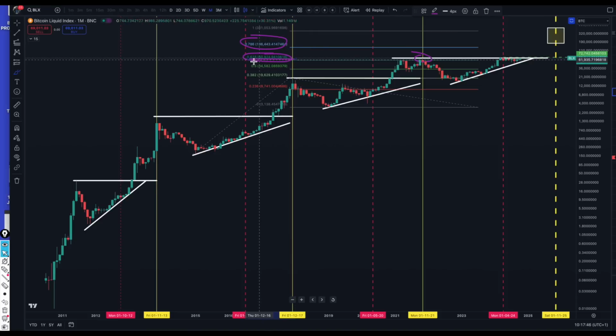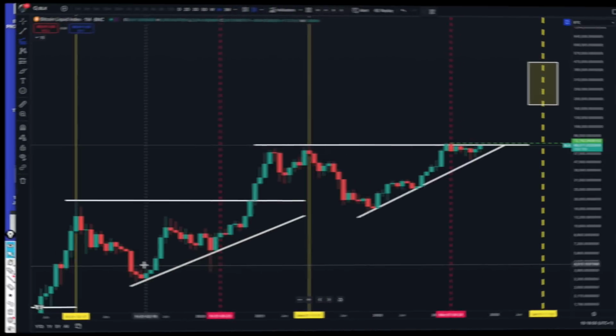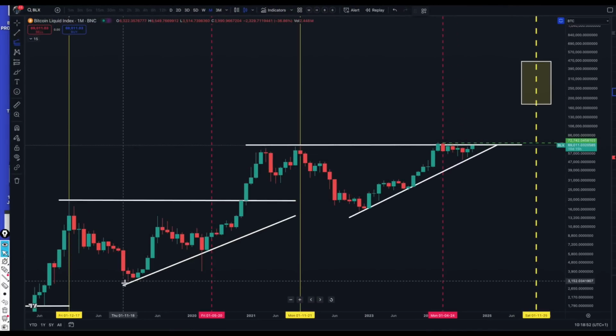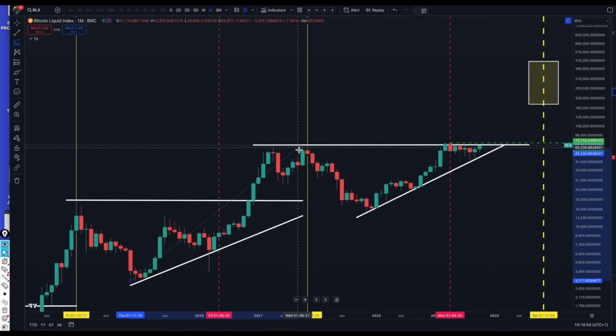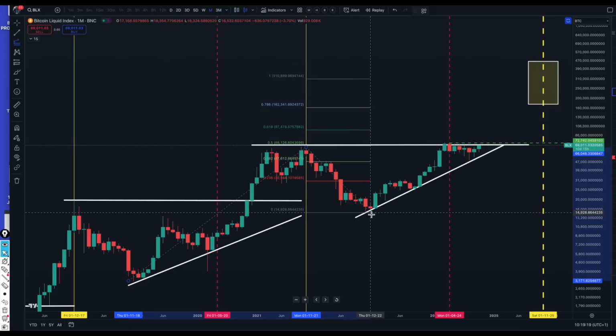The exact figure for 61.8 was 60,900, and obviously we topped out a little bit higher than that at 69,000, and the first top was at 64,000. What we're really working out is some ballpark figures to give us some sort of an idea of where we're heading here. So if we do a close-up of this particular cycle that we're in now, we take the measure from the previous bear market down here to the top before the bear market, which was at 64,000, and to the bottom of the bear market here.